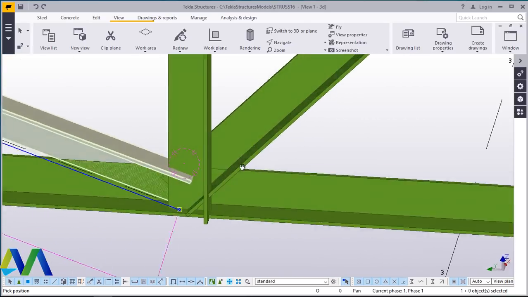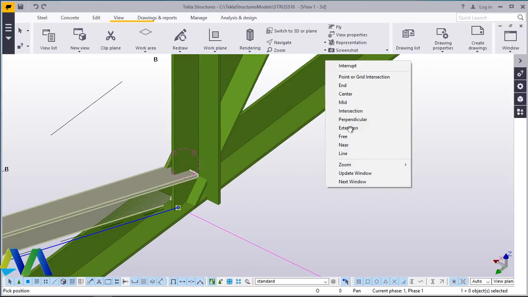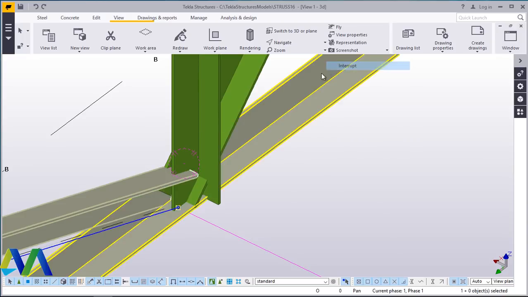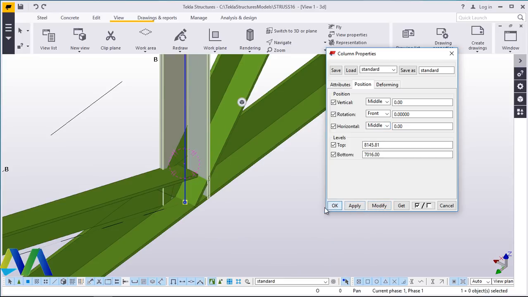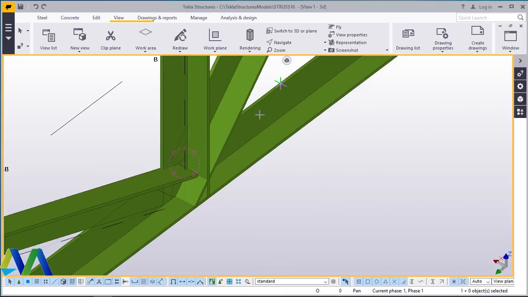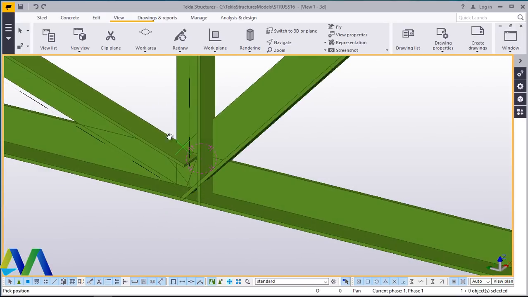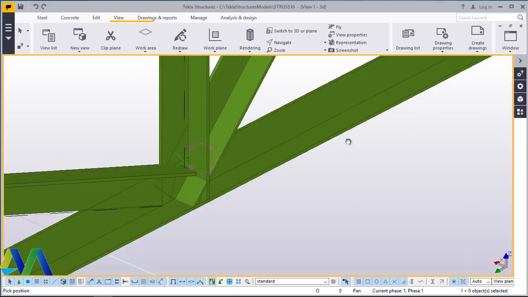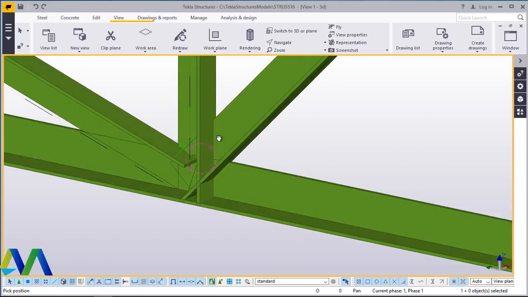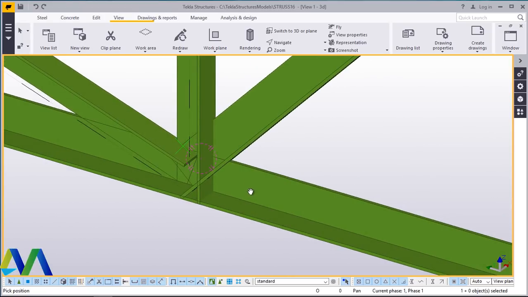What we've done is slightly right. Double click on this, come to position and give this middle. Perfect. Apply and accept. Now if you take a look here, everything is in the middle, they're meeting at a middle point there. So when you place your gusset plate, it will connect perfectly well with this bottom chord